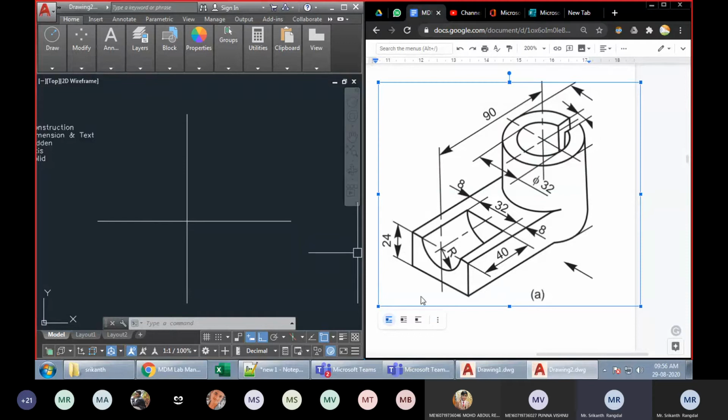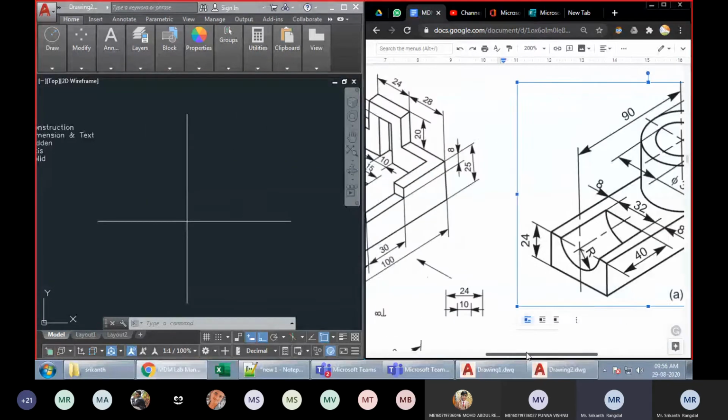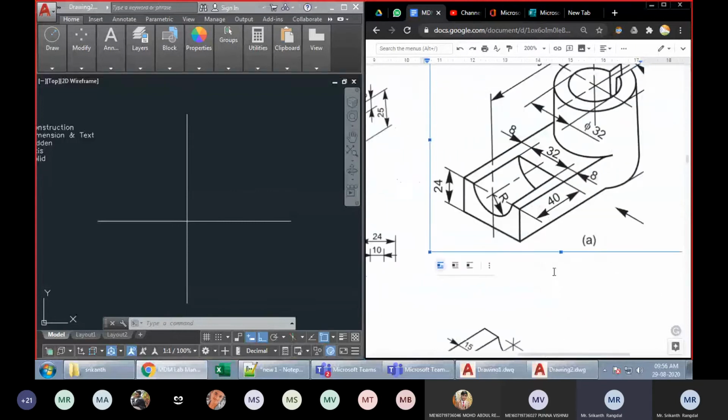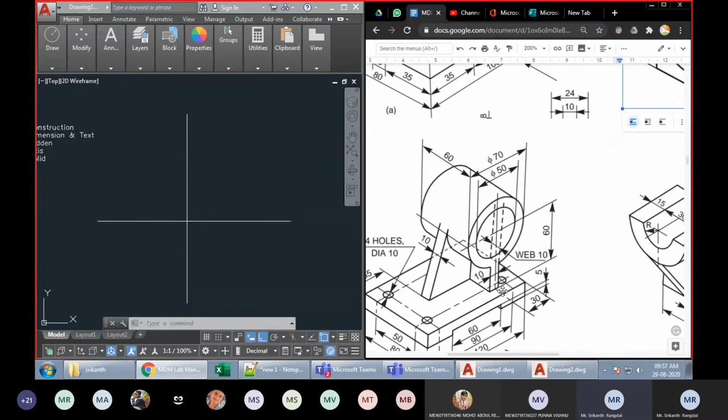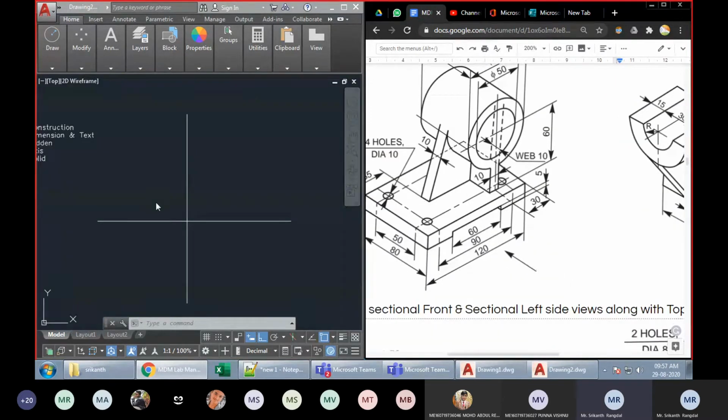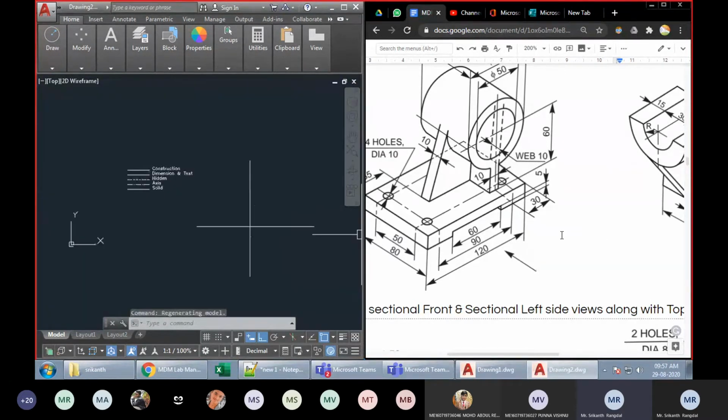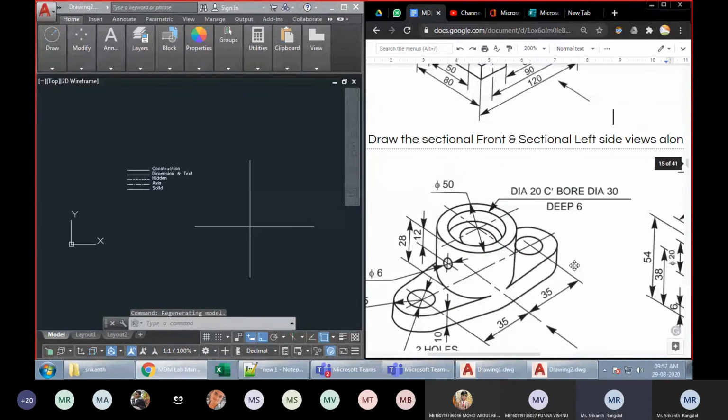Sometimes the arrow will be pointing towards the left, so you have to start your diagram on the right side. Let us see if some of the diagrams show an arrow pointing towards the left. Okay, almost all four diagrams have an arrow pointing towards the left. So for all these four, you have to start your diagram in the second quadrant. Fine. So this is where you have to start. Let us see some more.